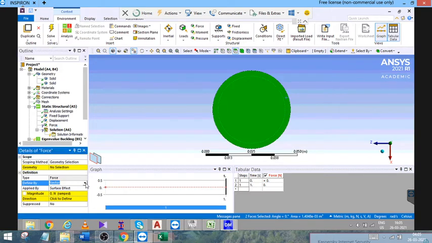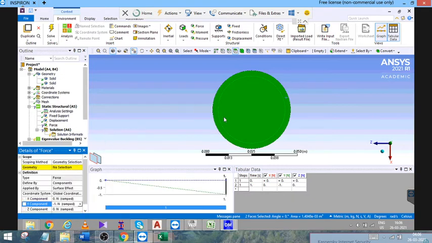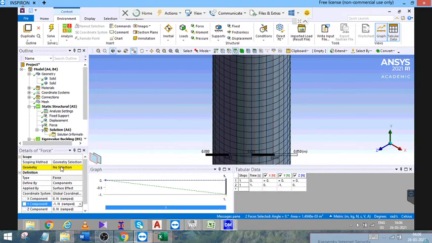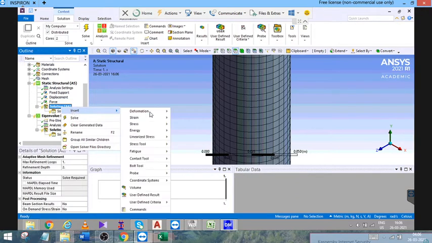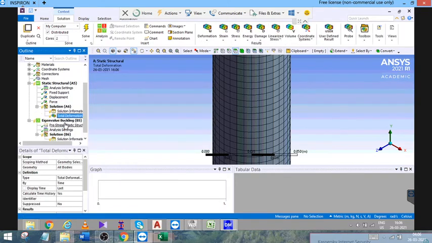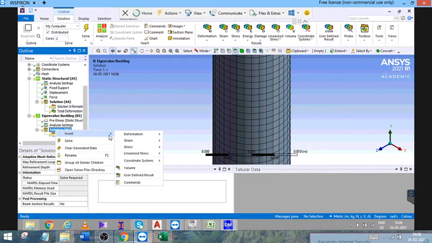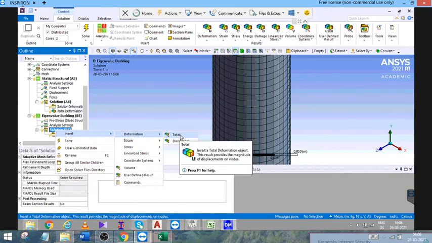Note that the define by option has to be selected as components, because you are mentioning in which direction the load is being applied. Since our load is applied in the negative y direction, you will mention it as -1. The reason we are applying 1 Newton as a load is that we'll be getting the final answer in terms of load multiplier. So we'll have 1 Newton into the value which we have obtained as the eigen buckling load value.